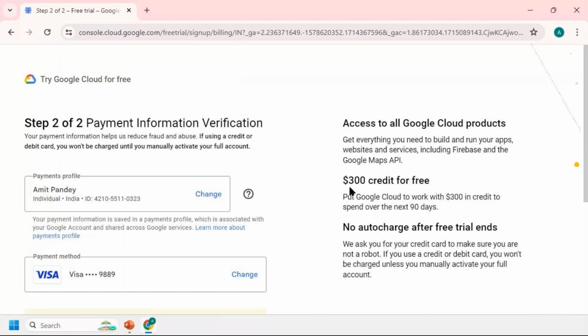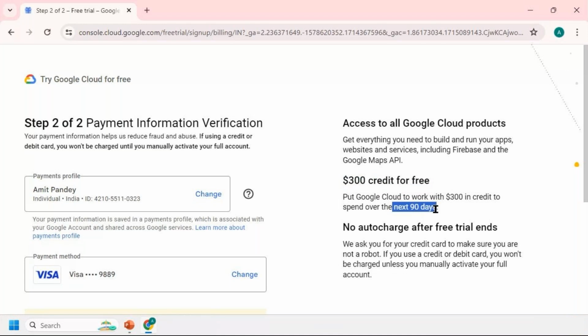That's great. And another thing, guys, as you can see, it's written here: $300 credit free. Put Google Cloud to work with $300 credit free to spend over 90 days. Once you click into it, you get two options: individual level or organization level. I would say, in your own capacity, create it at an individual level. Fine. And for the payment part, use Visa or Mastercard. But remember to enable international transactions on your card. Fine, that's the case. So you get $300 of credit free, but remember it's not forever. You get it for